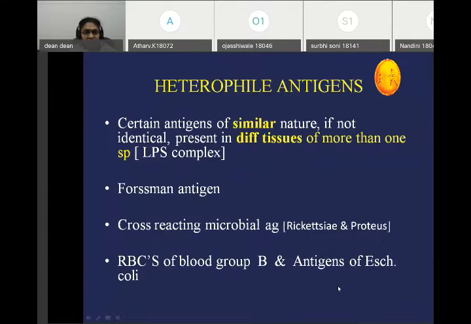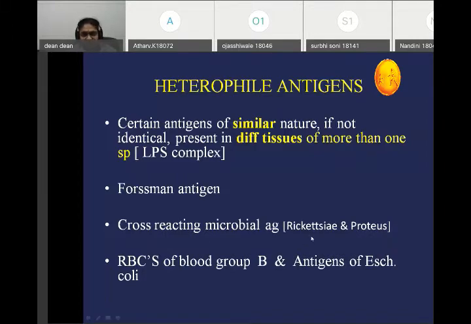And what about heterophile antigen? What are these antigens? Certain antigens are similar in nature. They are not identical, they are similar in nature. They are present in different tissues of more than one species. Examples of heterophile antigens are Forssman antigen,